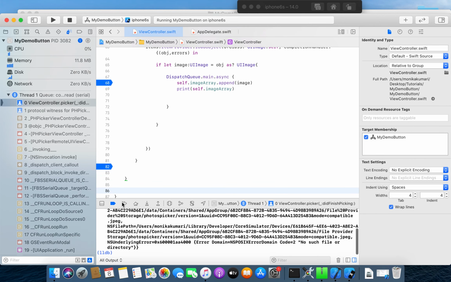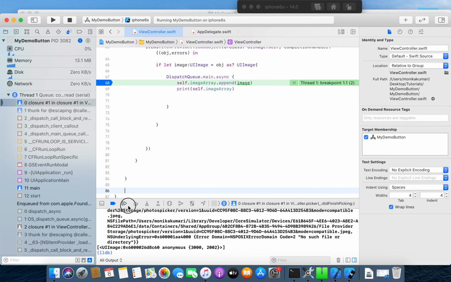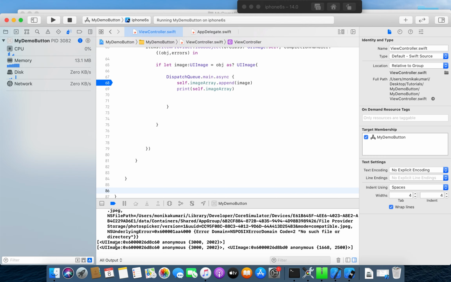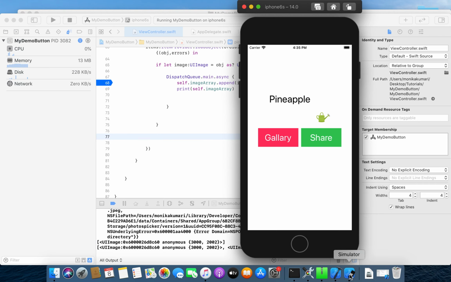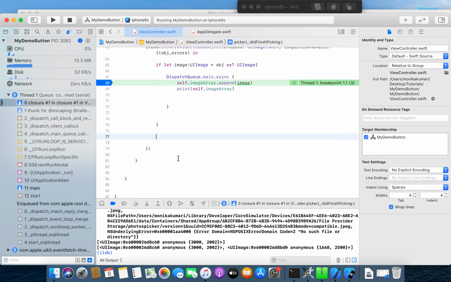You can see this part of the code is called, and in the image array you can see there are 2 and 3 images added. Again, if I add one more, there should be 4 images.